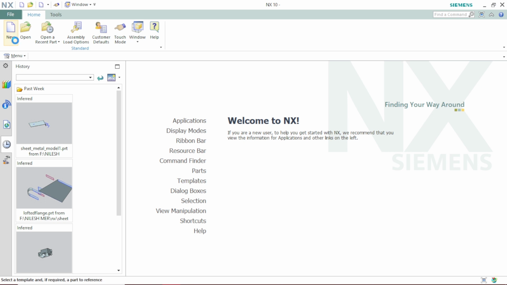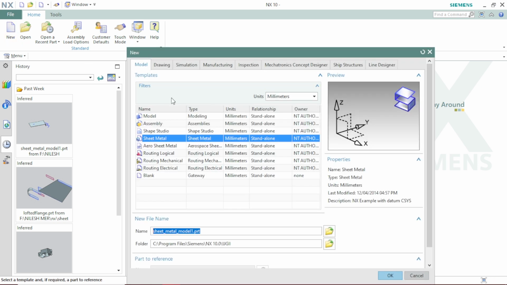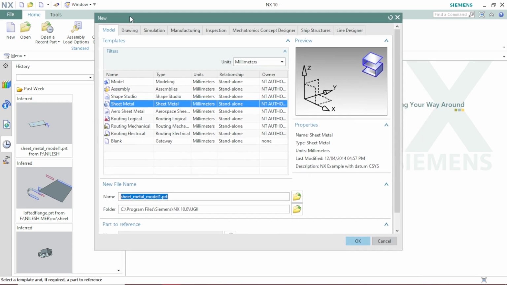Here a new window will open like this, and you will see that there are many options like model, drawing, simulation, manufacturing, and so on. The important part we need to focus on is units. There are two types of units, millimeter and inches. Whatever you want to draw your drawings in, you can select either unit. Here I am selecting millimeter. Now we will go for the model initially,